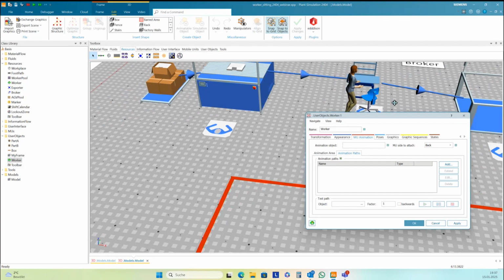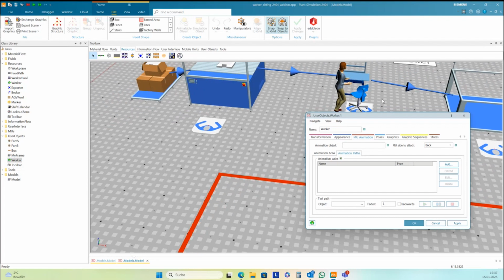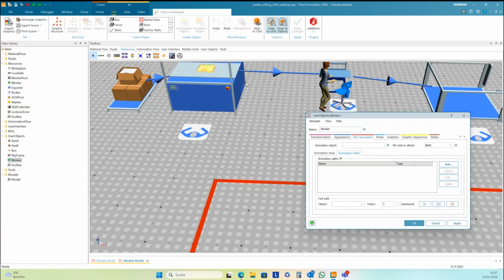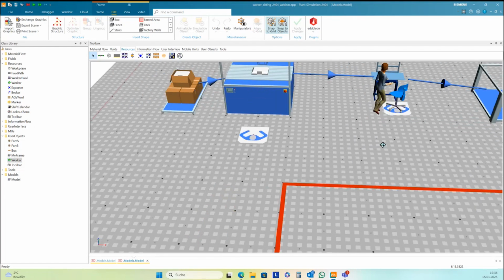This is quite easy. If you want to change the appearance of the part, then you need some trigger. For instance, if the part is leaving this machine here, then you can use exit control rear to change the appearance of the part. But it's quite the same as with the worker.